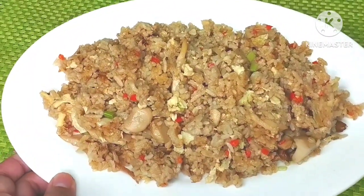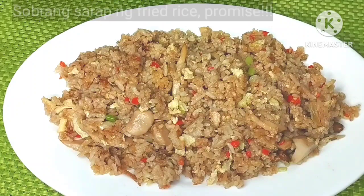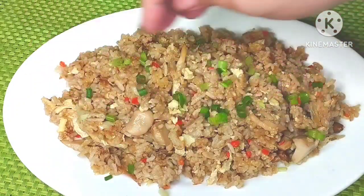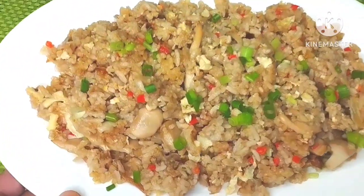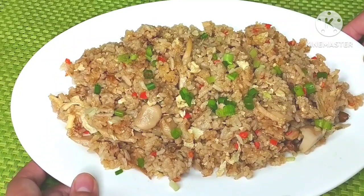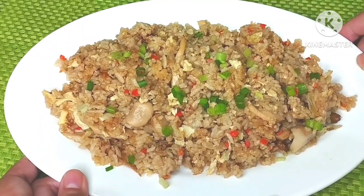Yan, pakita ko lang guys yung ating mushroom fried rice. And lalagyan natin siya ng konting spring onions on top. Ayan, so that's our mushroom fried rice. Ang sarap niya talaga. And we will now put our spare ribs at